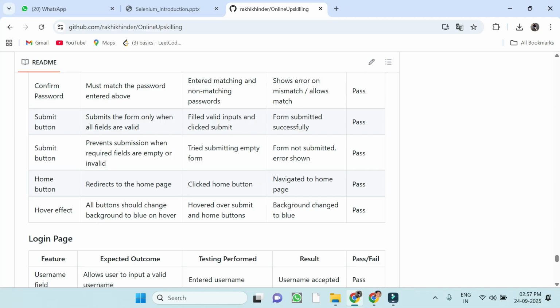Suppose your client wants a red background, but your developer designed blue. So that is the issue. So if you are a tester,